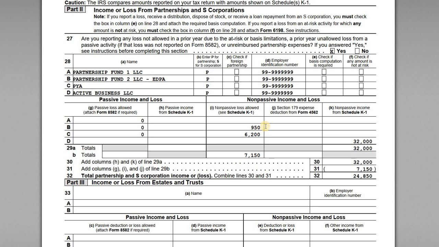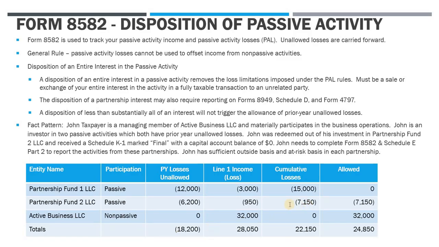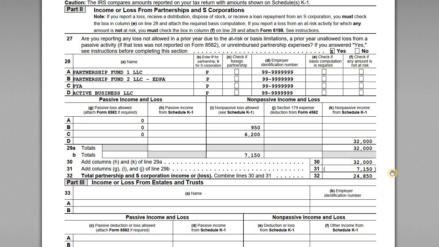So we have $950 from the current year being allowed, and $6,200 of prior year unallowed that is now being characterized as non-passive. So the full $7,150, as we can see summarized in our table here, although it's passive activity loss, because we had a disposition, $7,150 is now being allowed, and that is offsetting our non-passive income from that active business. So the net amount of income that's ultimately flowing up to Schedule 1 now is $24,850,